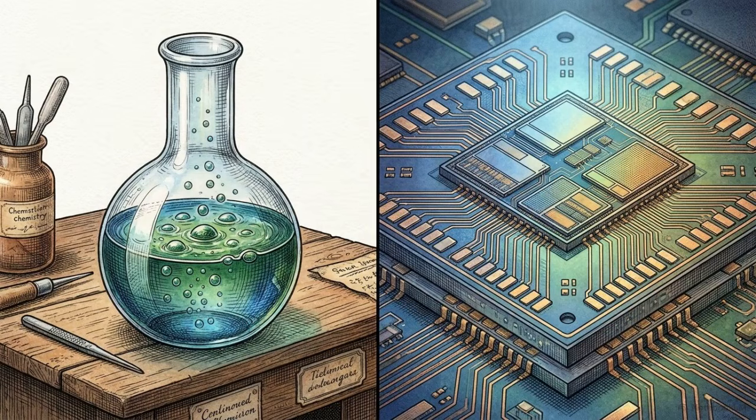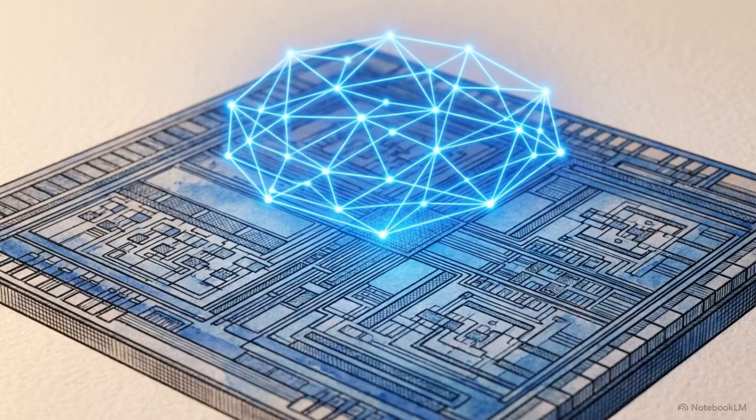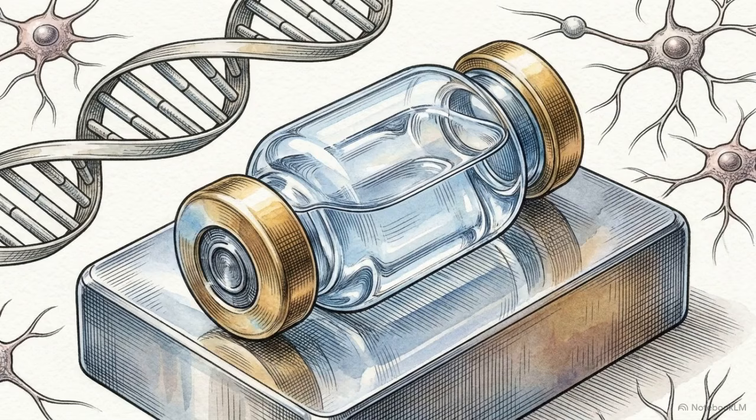Now, by unleashing computational intelligence on that printed DNA, the next great therapeutic cure will be engineered and optimized entirely at the speed